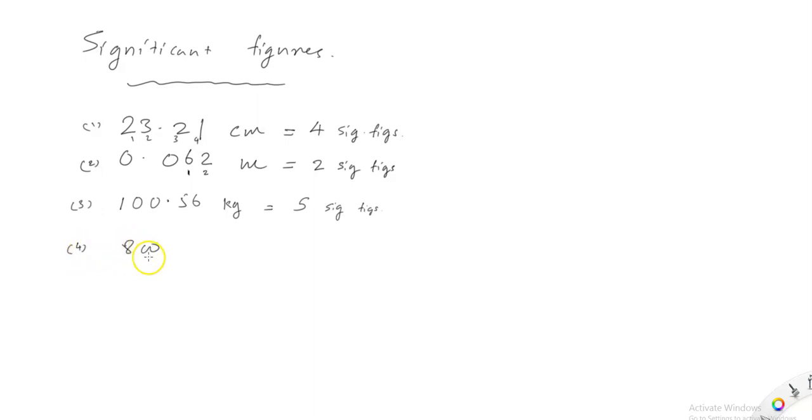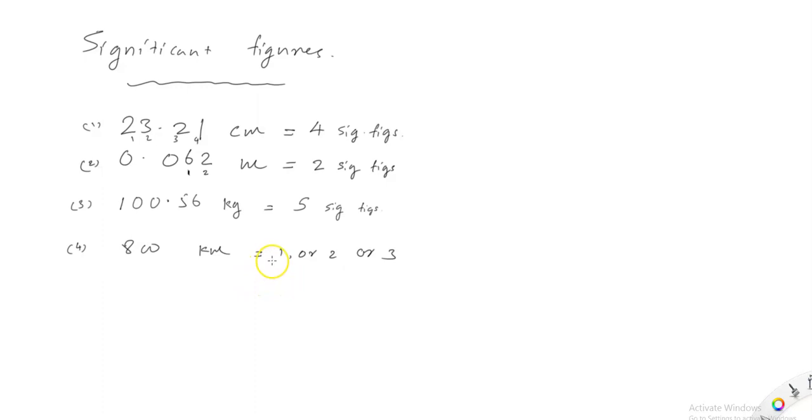800 kilometers. So in this case, since there is no decimal point here, we don't know for sure unless somebody tells you clearly how many sig figs we have. This could be 1 or 2 or 3. So it could be that